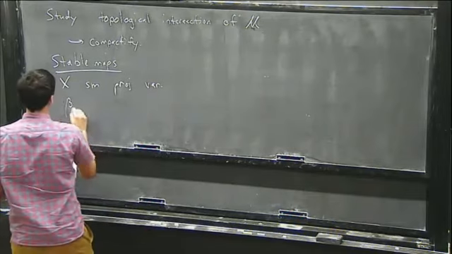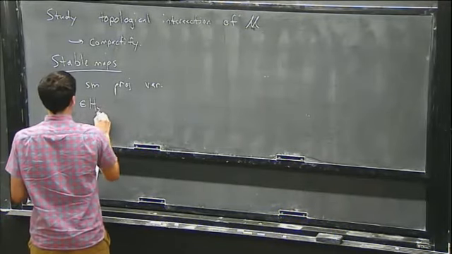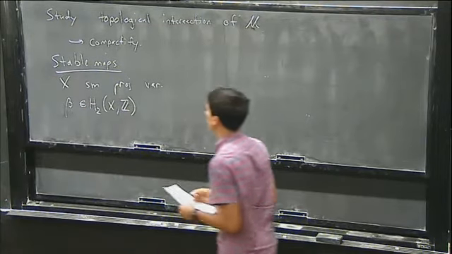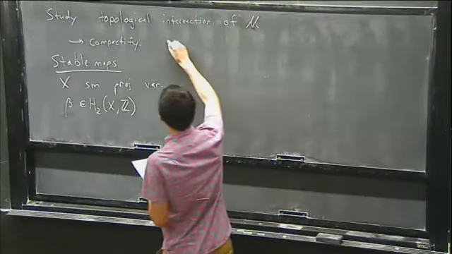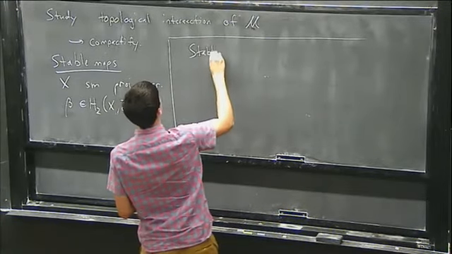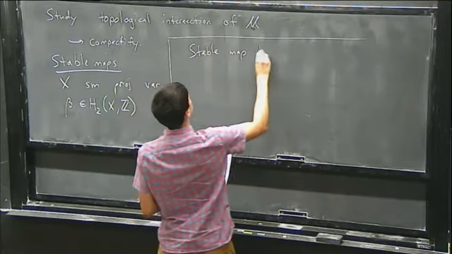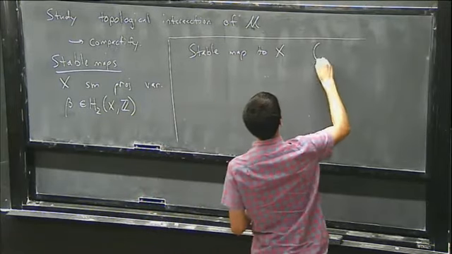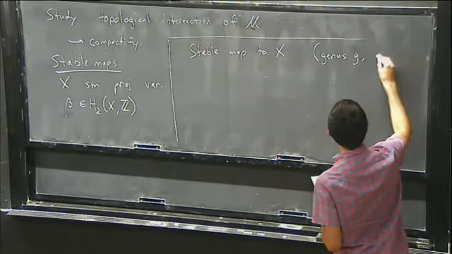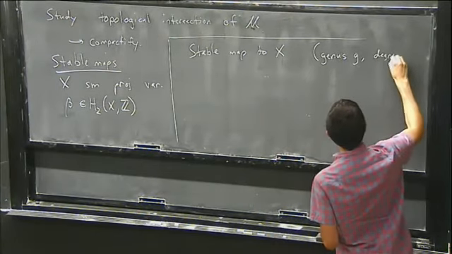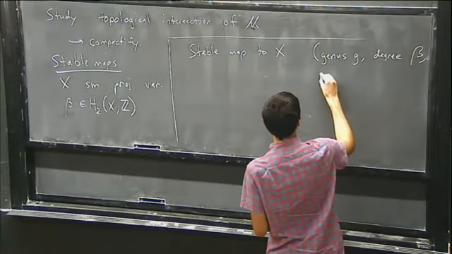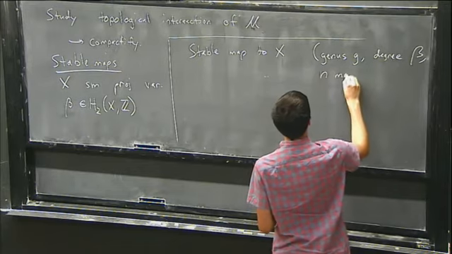And beta, a homology class of a curve in X. Then a stable map to X with some stuff fixed, so of genus g, degree beta, and I'm going to add an extra structure called markings with n marked points,